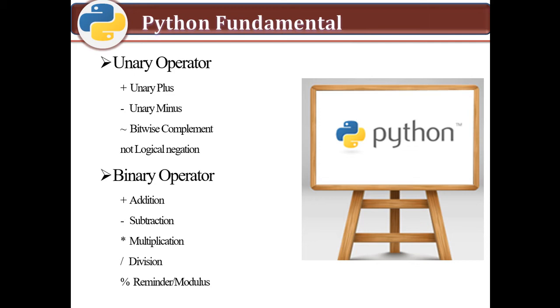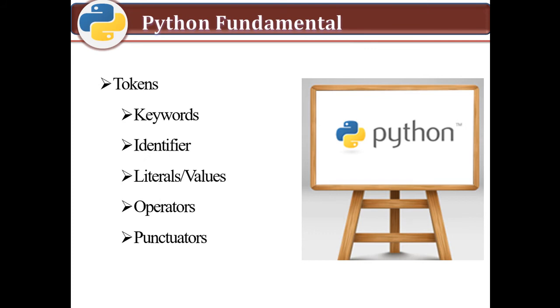There are other operators like the relational operators, the assignment operators, and the logical operators. We will go through all these operators in programming. The last one we have is punctuators. Punctuators are the symbols used in a programming language to organize the sentence structure and indicate the rhythm and emphasis of the expression, statement, and program structure.